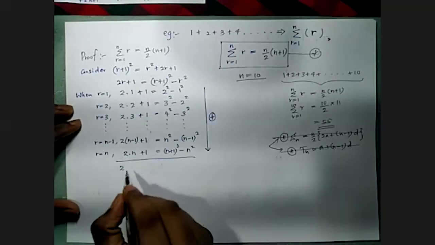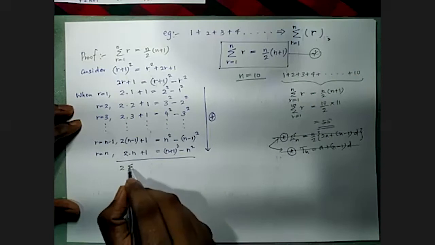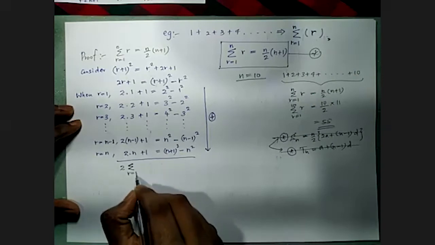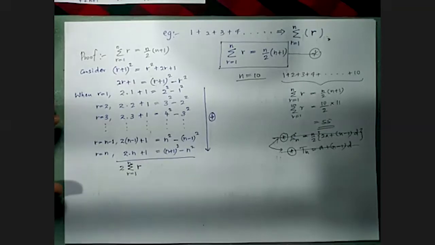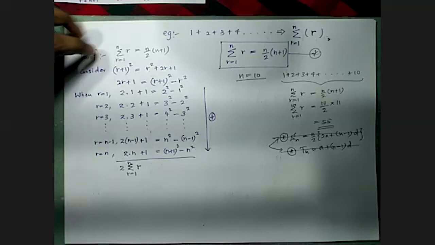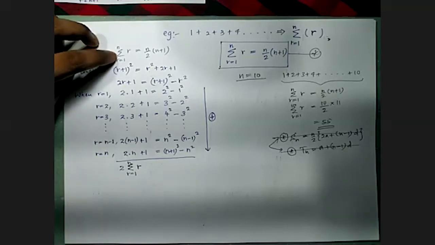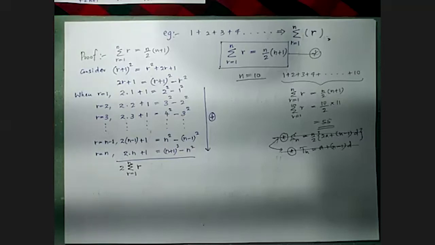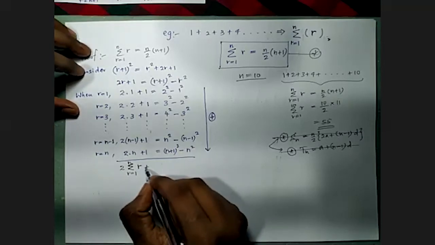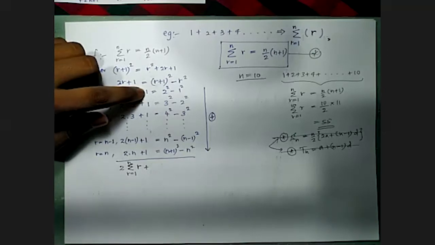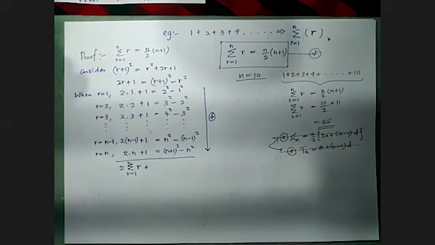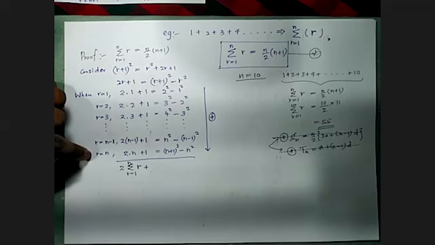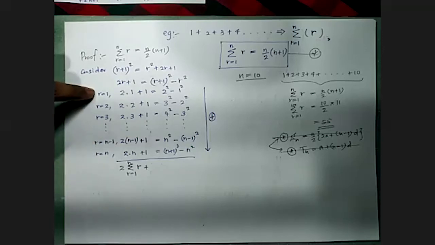Then what is the notation we can use for that? Sigma. Sum is sigma from 1 to n. General term is r. Okay, no need to think like that because the proof is for this theorem. So definitely we must have this notation here. Okay. Then here we have plus 1, 1, 1. We have how many ones? From 1 to n. How many terms are there from 1 to n?